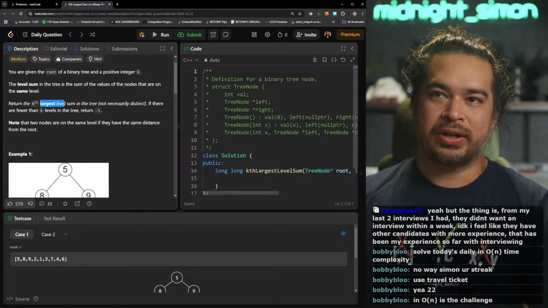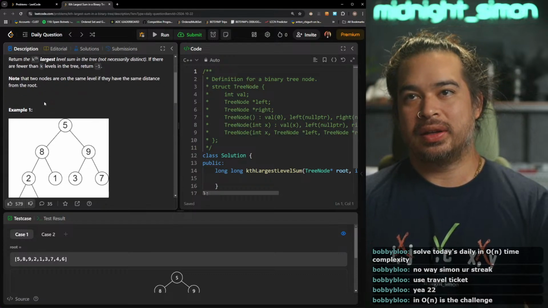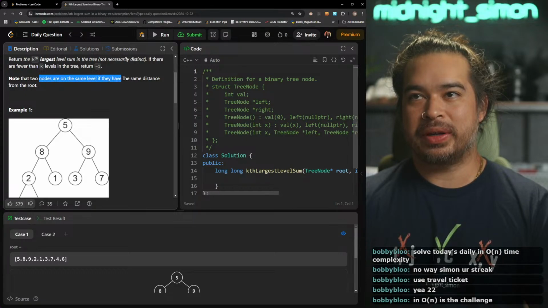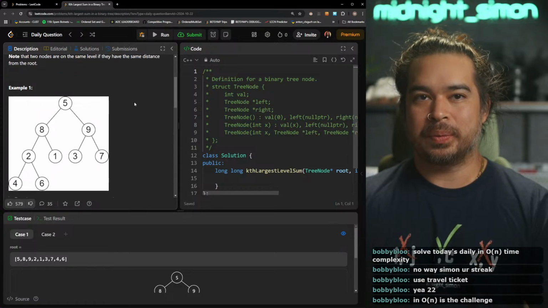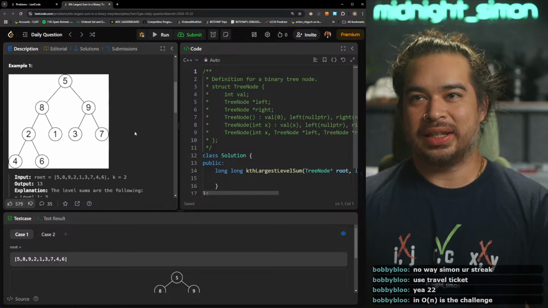Return the kth largest level sum in the tree, not necessarily distinct. If there are fewer than k levels in the tree, return -1. Note that two nodes are on the same level if they have the same distance from the root. O(n) is the challenge.